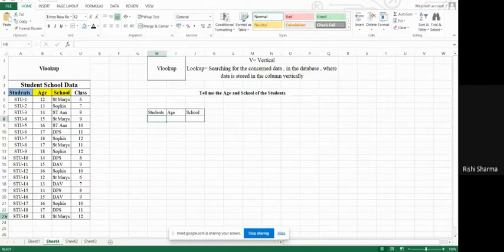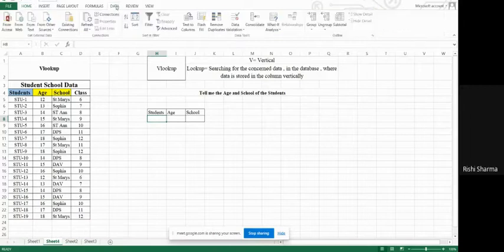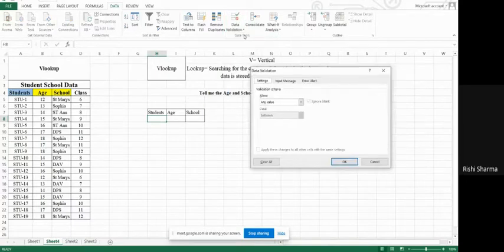If I want to select all the students, then I have to go to this particular column or field. Then I have to go to Data, go to Data Validation, click on this drop down box and then click on Data Validation. When I click on that, I will get the first option called Settings. Click on Settings, go to Allow, go to the drop down box and click on List.